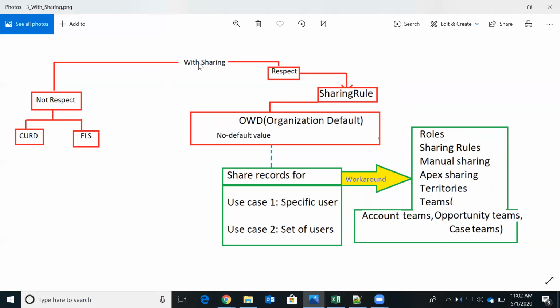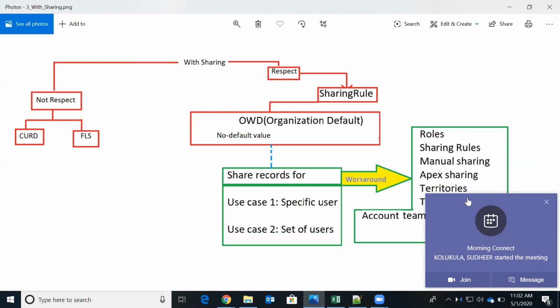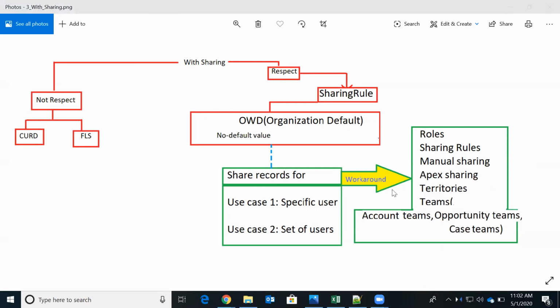In case you want to enforce these rules, CRUD and FLS, then we have to apply our own solution. We have the Schema class in place. Using the Schema class, we can apply these rules. Let's say at the profile level, only if CRUD permissions are available, then only you want to perform DML. Then it is the developer's responsibility to validate in the class before doing the DML operation using the Schema class.